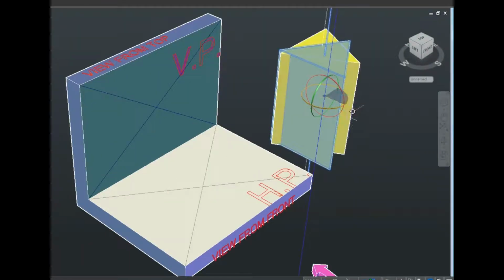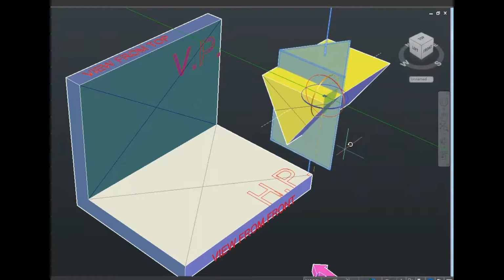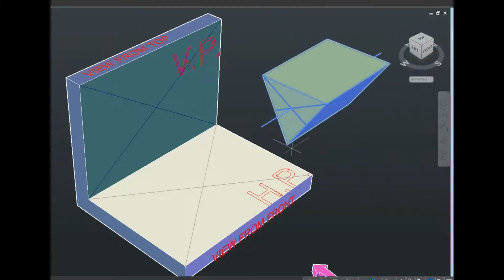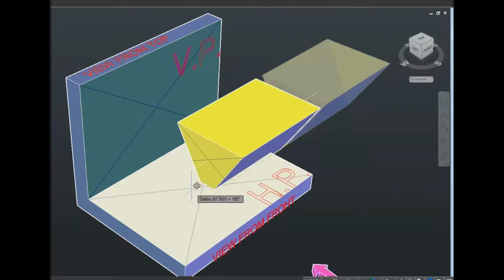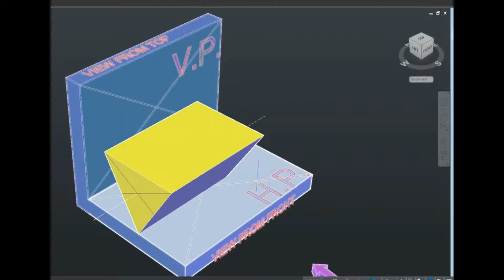There are three longer edges as you can see. Now you can see that I have made the triangular prism rest on the horizontal plane on its longer edge. So this is very interesting.